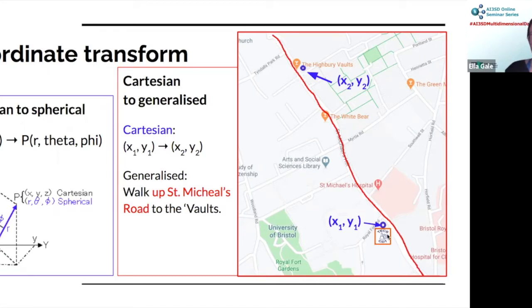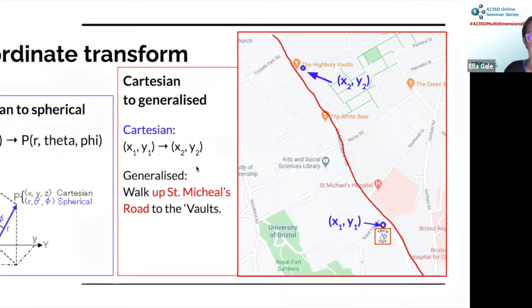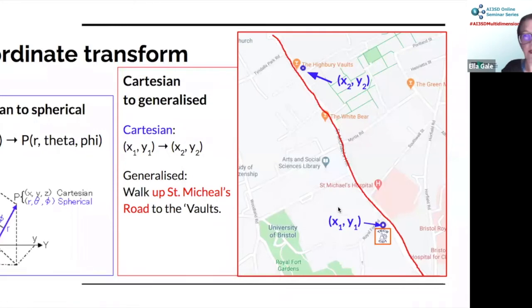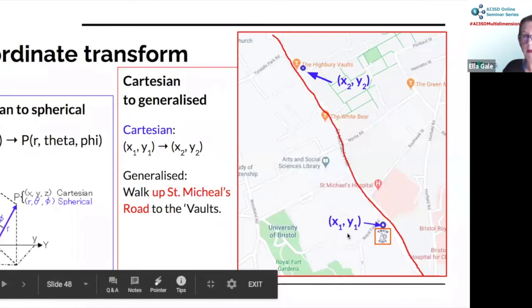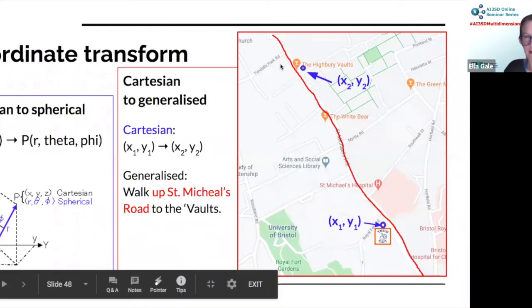Those are localized coordinates, as you can see, because they're localized here and here, and you could use that to find the way. A generalized coordinate is, for example, St. Michael's Road, which is this road that goes up here. Generalized just means it's spread out over space, as you can see the road is. And the generalized coordinate for the directions is go up St. Michael's Road and stop at the pub, okay?